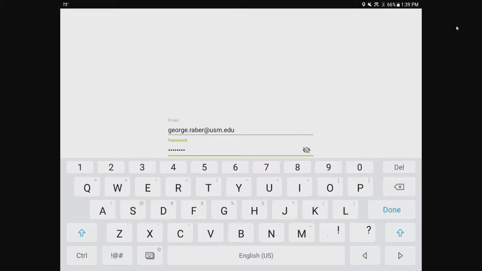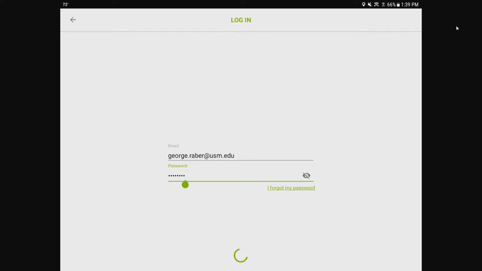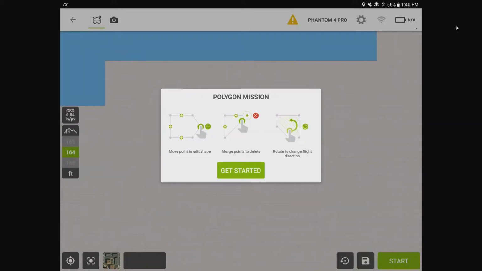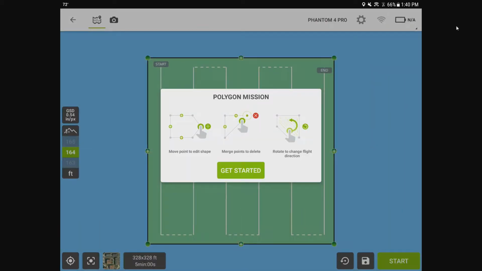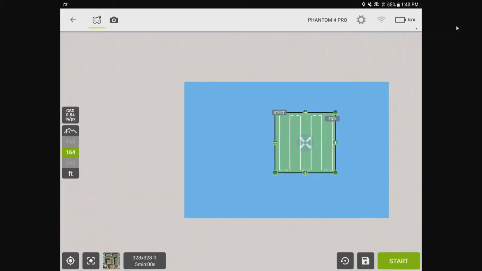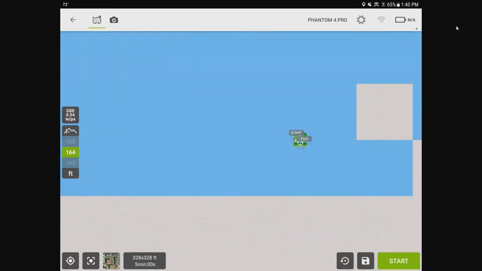Let's make the. I want to say okay now. Done. There it is. Okay. I thought it already logged in on this one. Okay, so it looks like they have added Polygon mission. All right. Okay, so